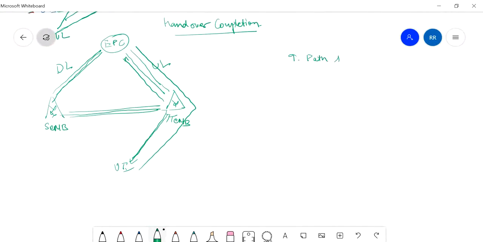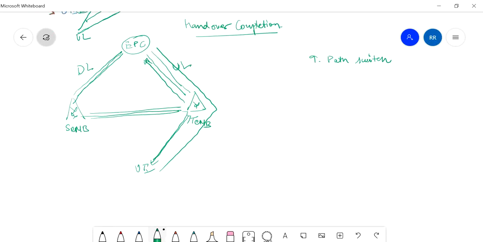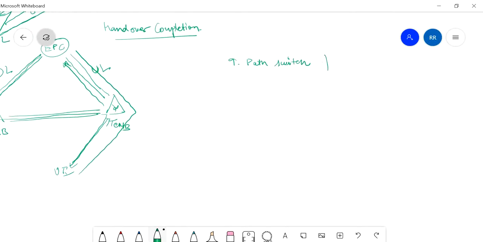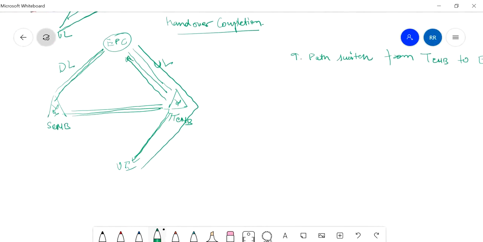The path switch request has to go from this target eNode B to EPC, because the S1 bearer has to be uplink plus downlink. So the path switch request goes from target eNode B to EPC, or MME, whatever we can say.